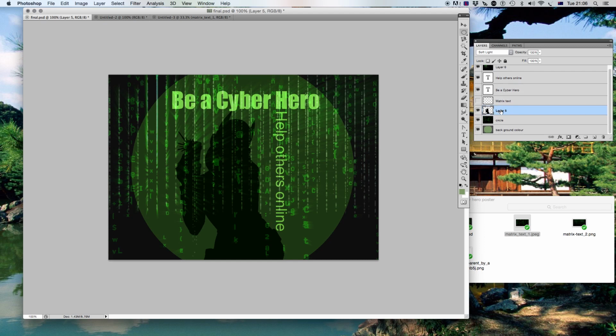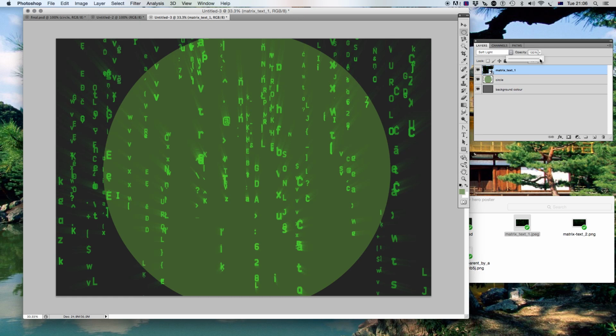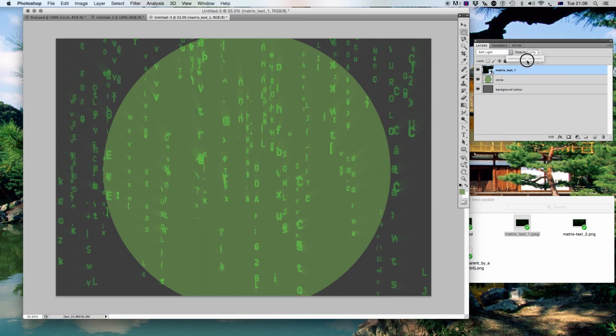Where I've got this matrix text here, I've misnamed it circle, but you'll see that I've got soft light. These are blends, and you'll see that the opacity is 57. Soft light is the blend, opacity is 57. If we do that on our final, it will actually look the same. So now I go to soft light, and you can see straight away it changes, 57. Now you can change this, you can make this stronger or weaker and change a few things around, but you'll